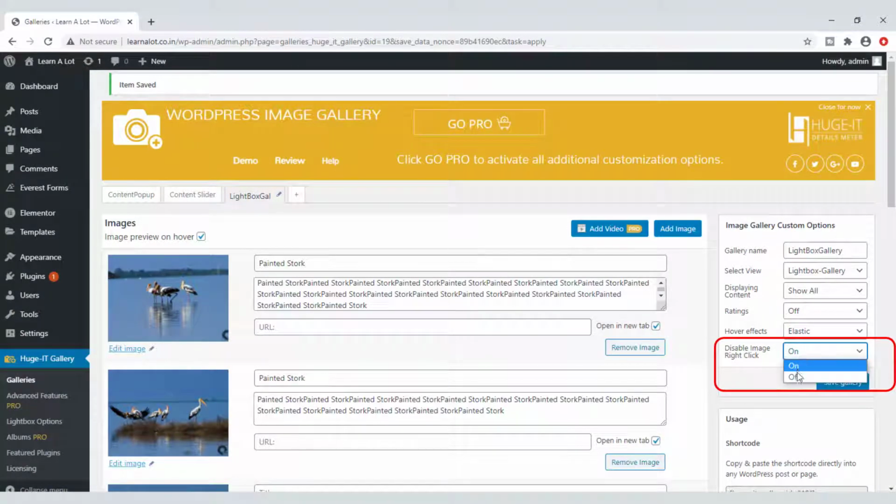We can restrict mouse right click here. Click on Save Gallery button to save the gallery.